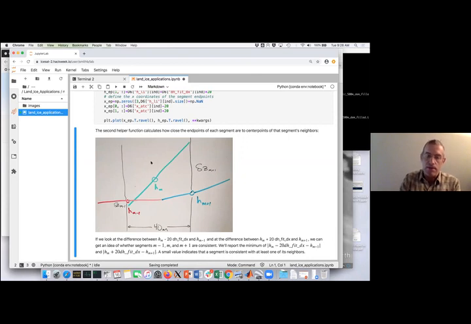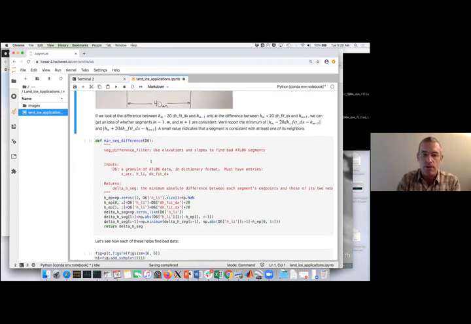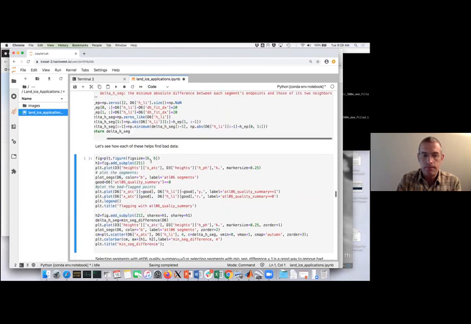If this one had the same slope, but had been way high up in the atmosphere, we would see that it did not agree with either of its neighbors, and we would assign a large value to the along track difference. So here's a function called minimum segment difference that looks at the minimum difference between any segment and its neighbors and tells if it has a large difference. So we just return that difference. So let's see what each of these looks like by replotting the data